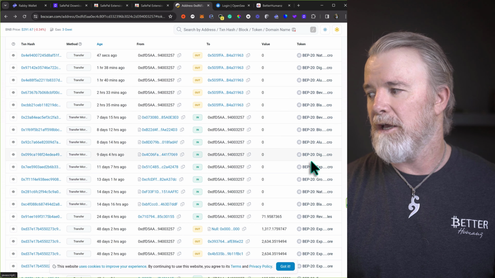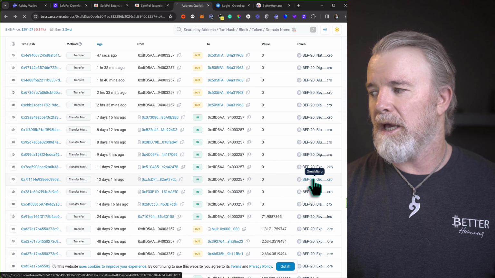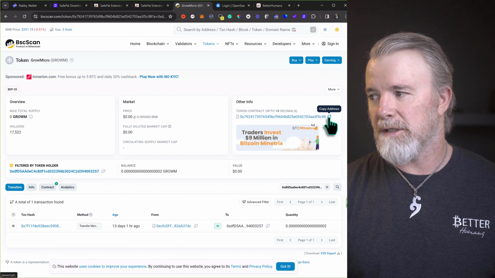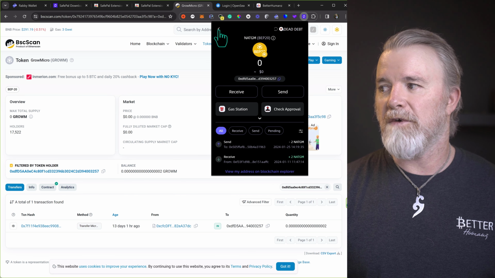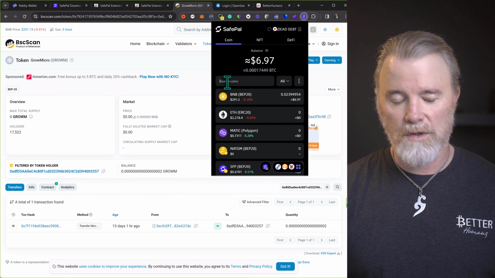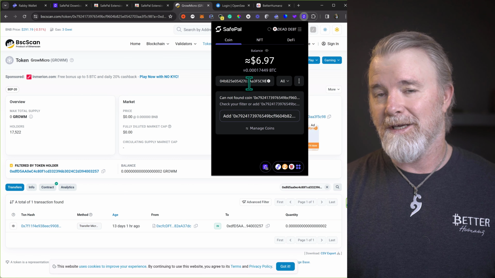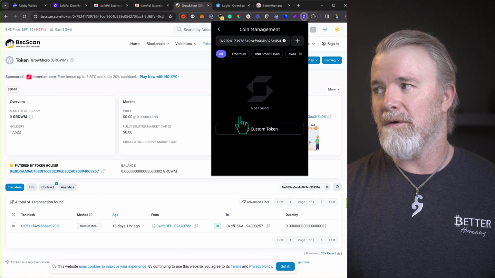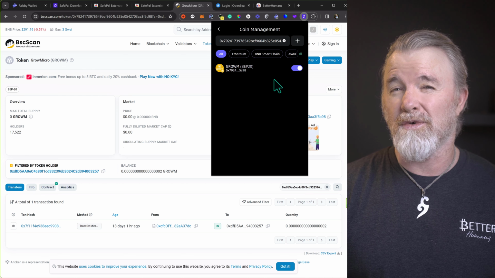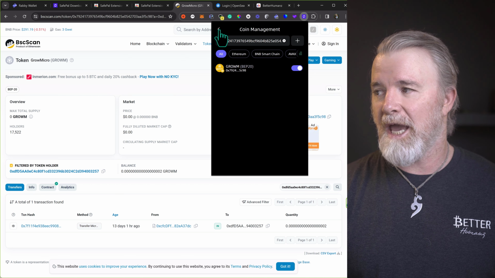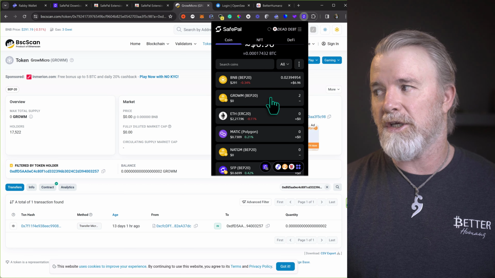So I'm going to get the grow. Okay. So I'm coming down here and I'm going to click on the grow micro. I'm going to then copy the contract address. All right. I'm going to come back to SafePal, back to the front page, and search tokens, search coins. I'm going to Control V and paste the grow micronode license into here. I'm going to click on add. All right. I'm going to then select it on, make sure it's on, and now it should show me 2 grow micros because I know I've got 2. If I come back to the main screen, it refreshes, it shows grow M for micro, and it shows I've got 2.